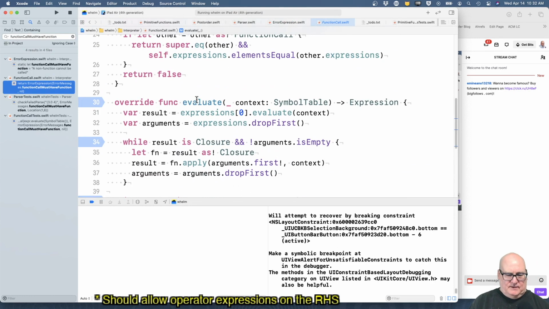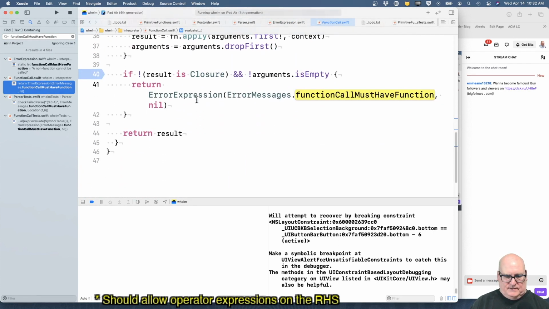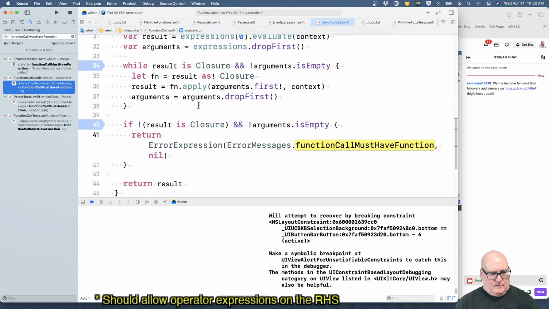Function call, evaluate. There must be something else going on with that variable then. Or, well, where did that fail? Oh, it failed at runtime. If the result is not a closure and the arguments are not empty,